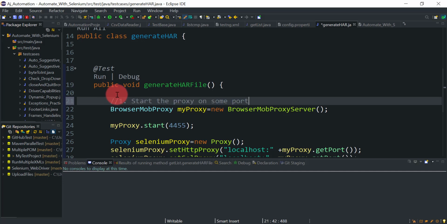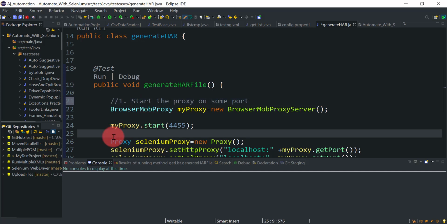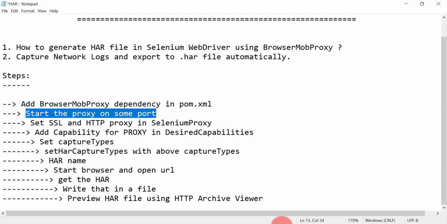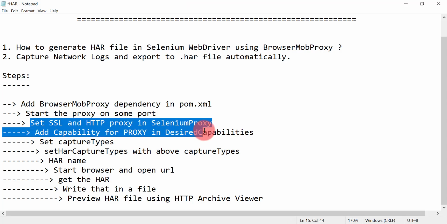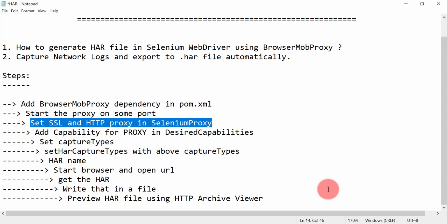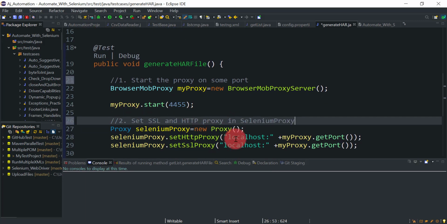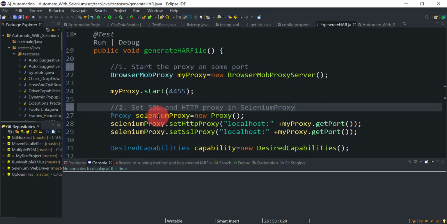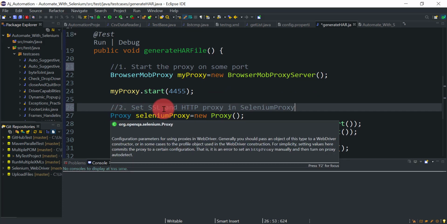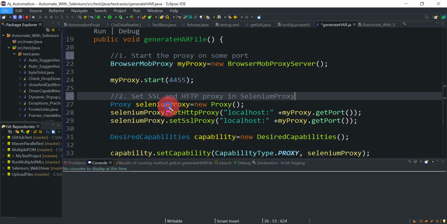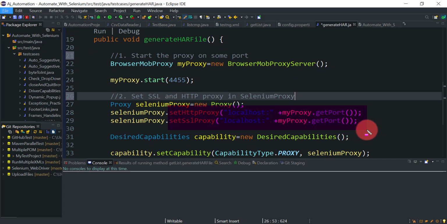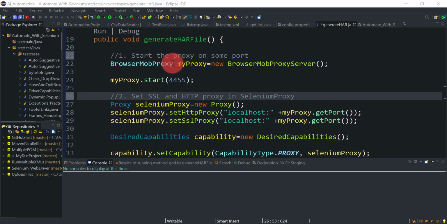Start the proxy on some port, then set the SSL and HTTP proxy in the Selenium proxy. So we started our proxy first, created this object for the proxy from the Selenium package, and set these values. You need to get the port where we started the BrowserMob proxy using the getPort method.